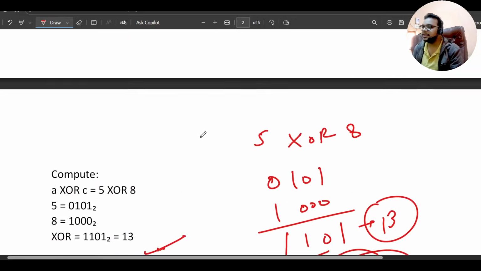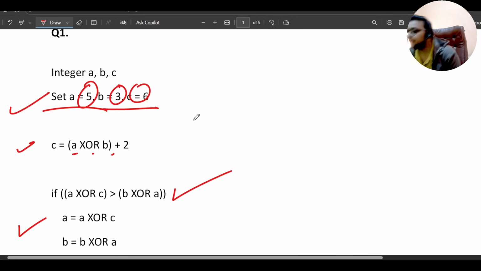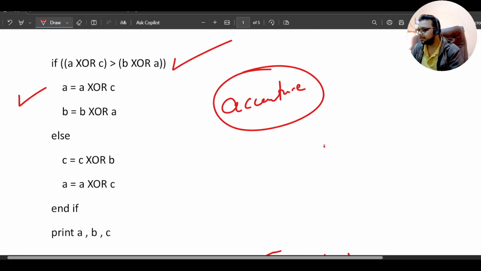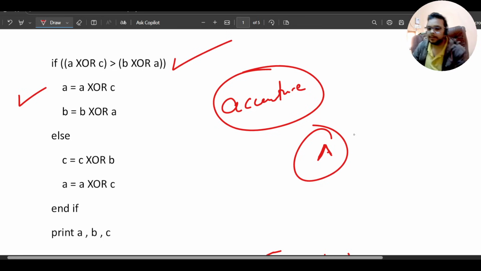This question you need to do in 1 minute. The difficulty level is a little bit higher than Accenture. In Accenture, you will get the XOR operation like this, with a symbol for an XOR operation. So you need to perform XOR between the bits.